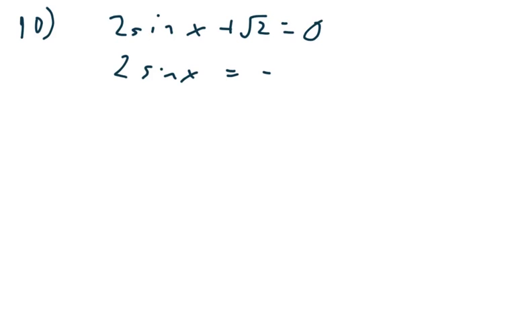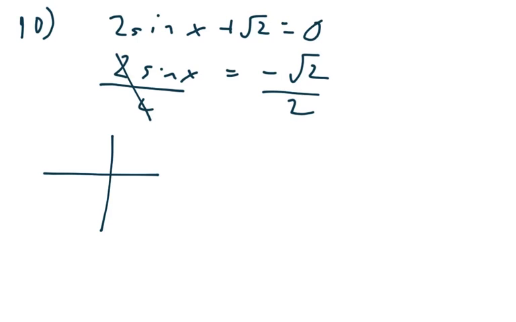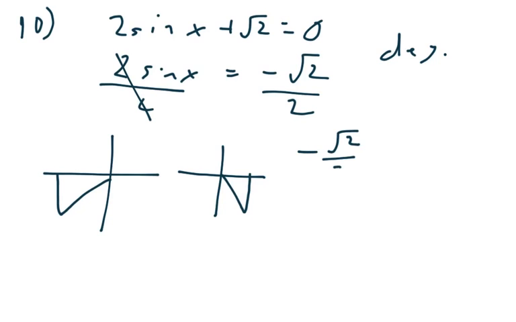Number 10, we have 2 sine x plus the square root of 2 equals 0. So 2 sine x equals negative square root of 2, divide both sides by 2, and the sine of x equals negative square root of 2 over 2. Based on what we've done in previous problems, we should know this is in quadrant number 3 and quadrant number 4. Now in my calculator, I'm going to make sure my mode is in degrees, because this problem is asking for degrees. So when I do inverse sine of, and I'm just going to use positive square root of 2 over 2,